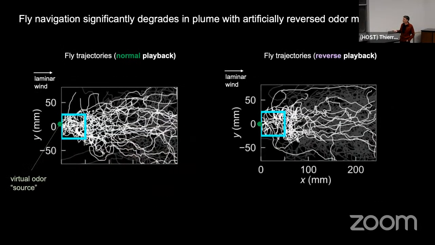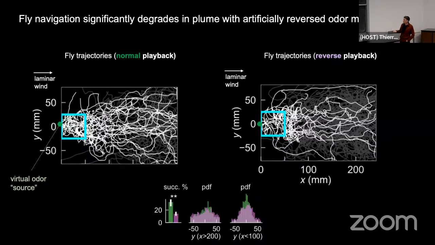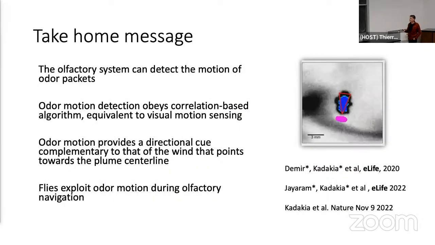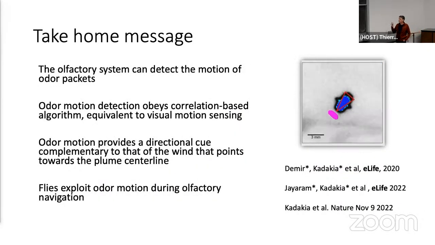And if you look at the performance, the gray lines are the flies that didn't make it, and the white ones are the flies that made it. And the statistics are clearly, the success rate of the real flies is massively different for just this tiny difference. Gradient and so on are the same, intensities are the same. So this is what I wanted to tell you, that we discovered that there's a new sense here that